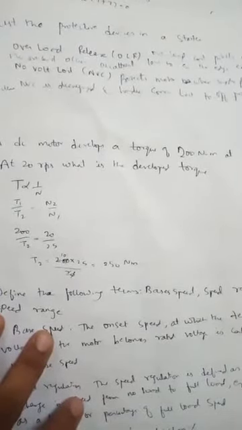Next is, list the protective devices in a starter. So there are two protective devices in a starter. A starter is used in a DC motor to start the motor in a desired safe way. So overload release and low volt coil are the two protective devices in a starter. Overload release will protect the motor from overload. When overload occurs, OLC will attract the lever to short circuit the energization of NVC. NVC is nothing but no volt coil here, and no volt coil will protect the motor when supply fails. In such case, NVC is de-energized and the handle comes back to off position.